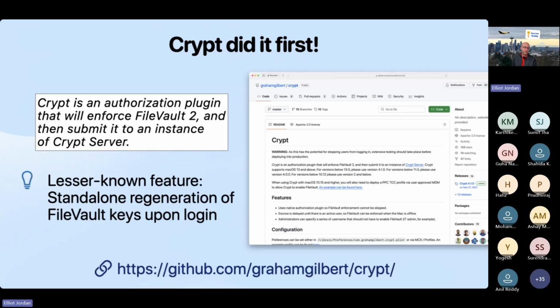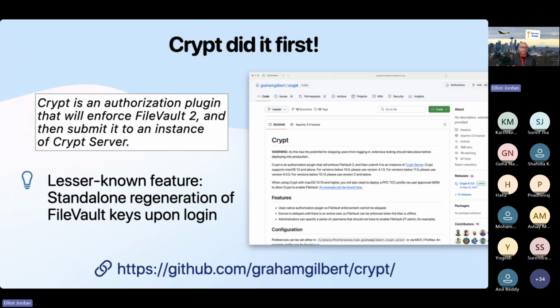The Crypt agent can be deployed standalone with no server and generate new keys upon login. However, most people don't use it that way. It's primarily targeted at administrators who are running a Crypt client and Crypt server together. And the included payload and documentation and codebase is all written by and for those who don't escrow FileVault to MDM. So I and my team at Netflix realized there was a potential gap to be filled in the ecosystem